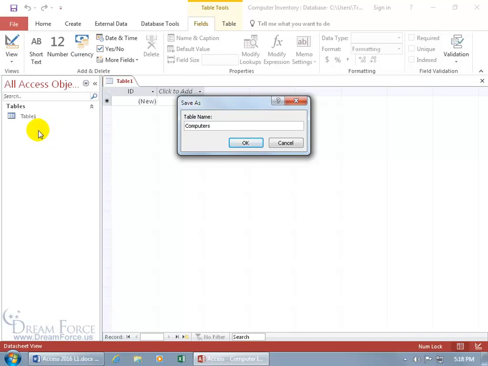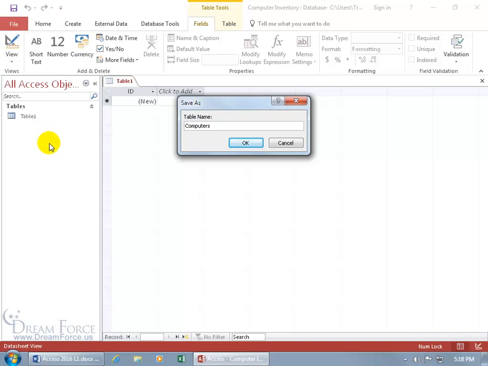Now you can do it here because it's going to be under the corresponding heading. So I can have computers here for the table and computers for the query, and it will be under the query heading. But on the back end, in some of the areas like forms and reports, you don't get that lovely option. So either don't have them named the same name and have them memorized, what names are your tables, what names are your queries,